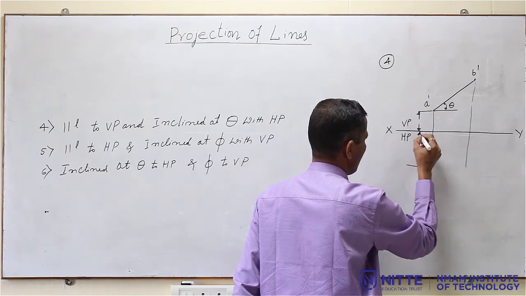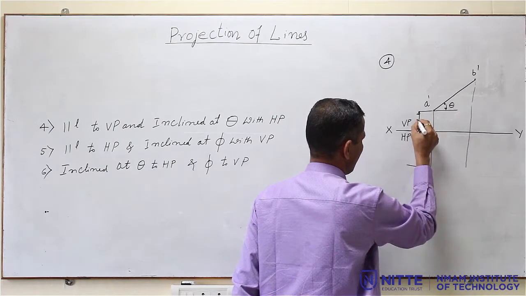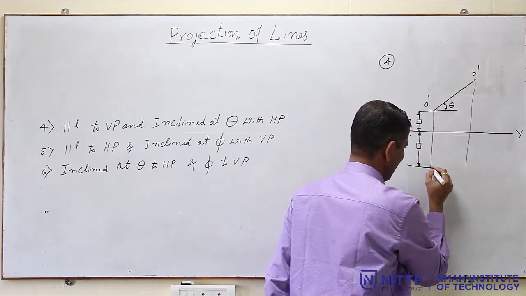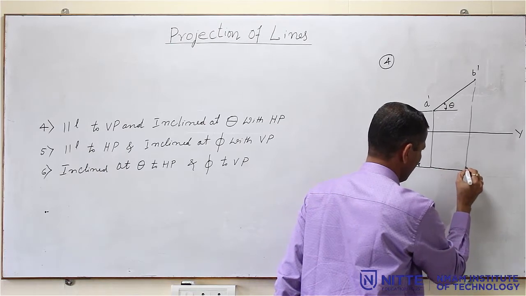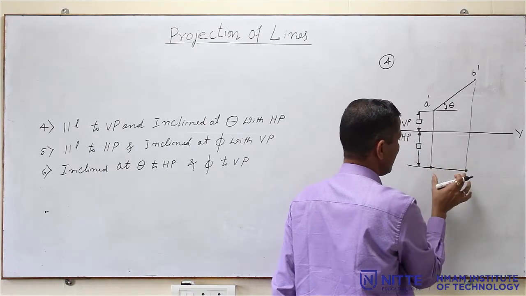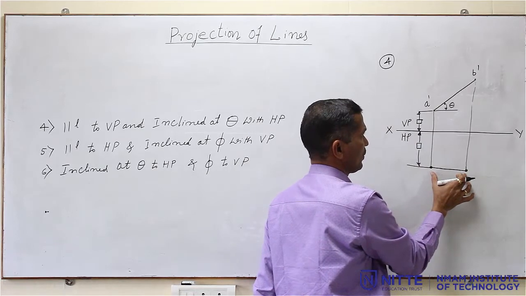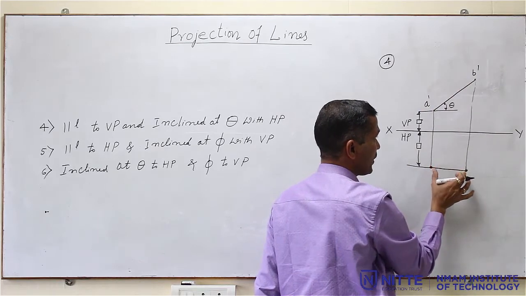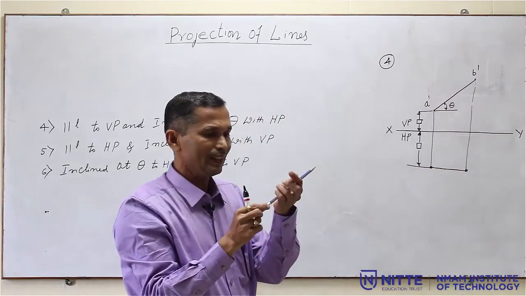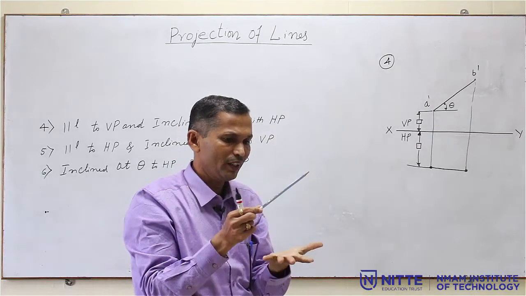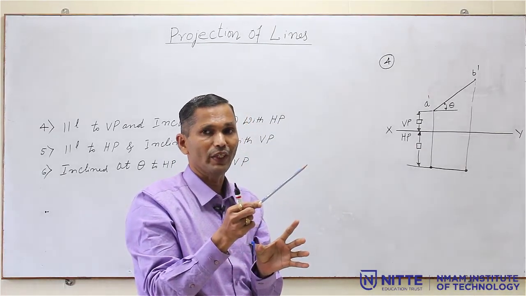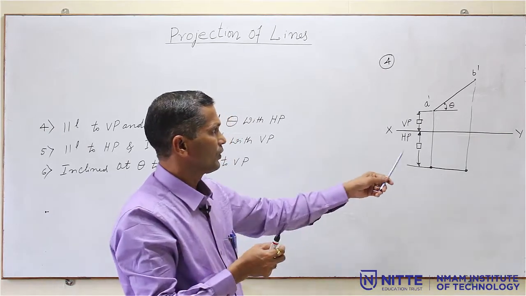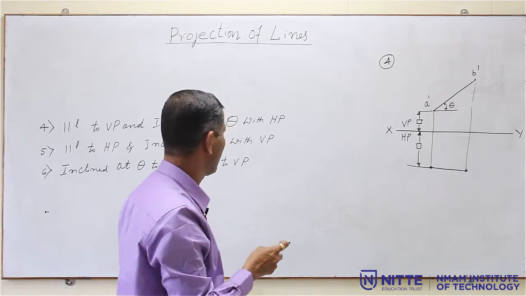Accordingly, you have to draw this. These numbers will be given. Now, here I have to draw a line parallel to the XY line. Is this 100 mm now? No, this is 100 mm, but its top view has been reduced because the straight line is like this and its image on the ground will be shorter than this. It is not the true length. The front view is the true length. So, this is the case number 4.